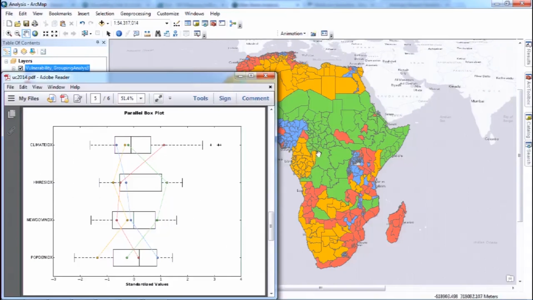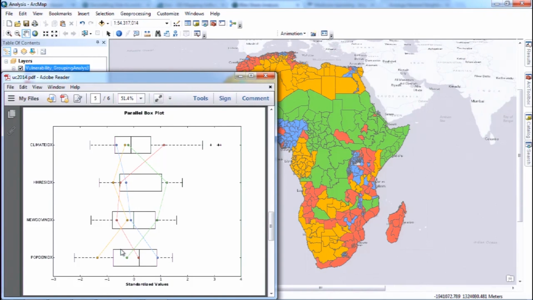And so what this shows us, for instance, is, let's say, the green group. The higher this index, the more vulnerable. The large numbers are vulnerable. So what we see is that this green area is around average. So the black box plot represents the global average. And then each one of these colored lines represents where that group falls for that variable. So we can see that the green group is about average in terms of the vulnerability to climate. It's very vulnerable in terms of household resiliency, very vulnerable in terms of governance,